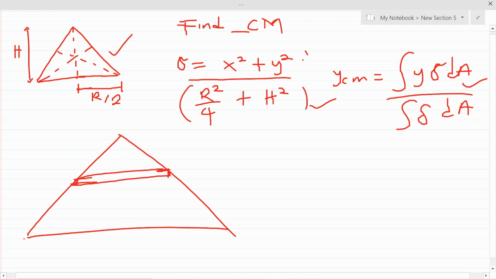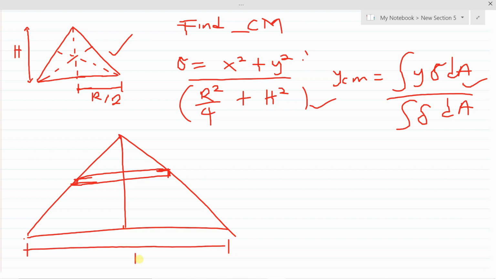And this is my height, and the whole of this side from here to here is r, because half of it is r over 2. Now for the small portion of rectangle that I took, this straight line will be a small change in y, which will be dy. So if I call this point E, then let's say A,